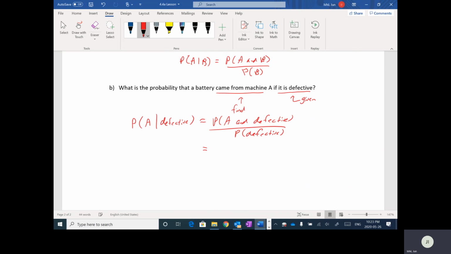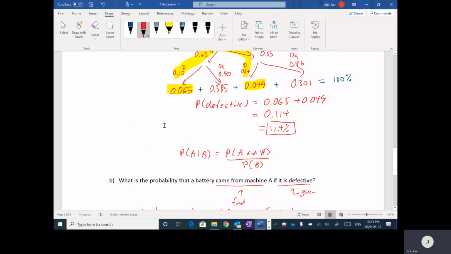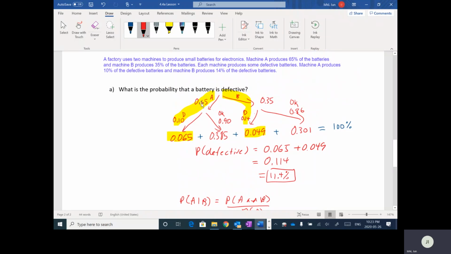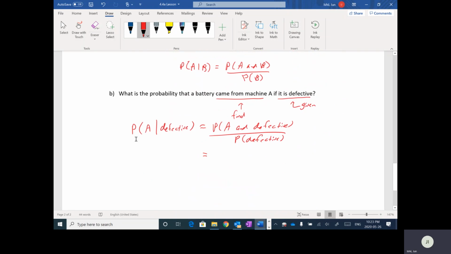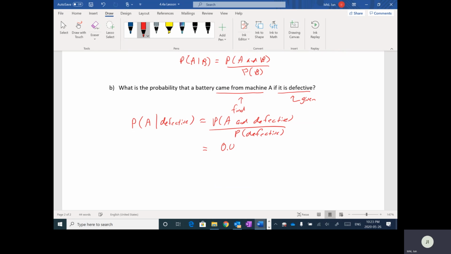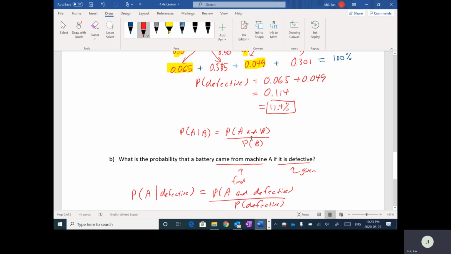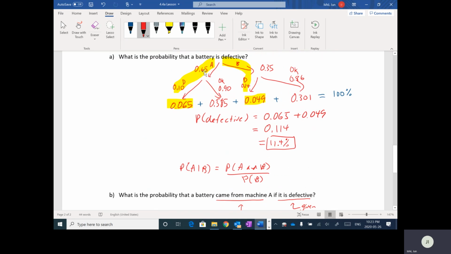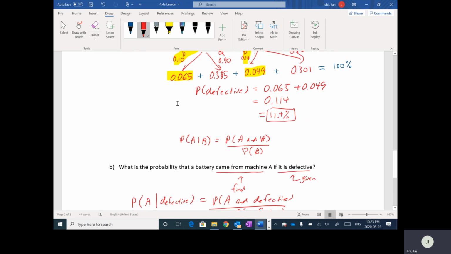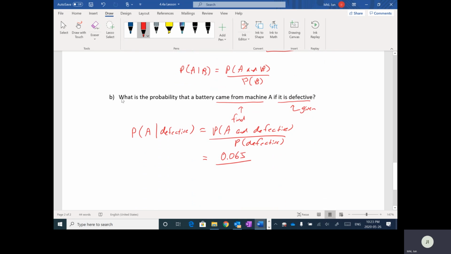Okay. So the probability of coming from machine A and being defective, what I'm going to do here is just scroll up. So this is A. This is being defective. So this is the probability here, 0.065. Okay. That's 0.065 divided by. Now the probability of being defective, we actually answered that in part A. So in other words, it was these two branches when we add them together. Okay, so which was 11.4%. Now just to illustrate that, yeah, it is these two here. I'm just going to write it as a sum again. So 0.065